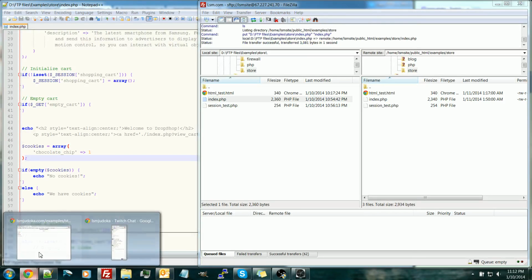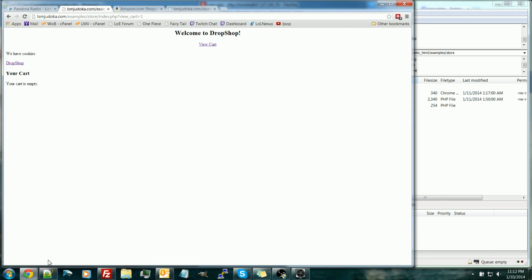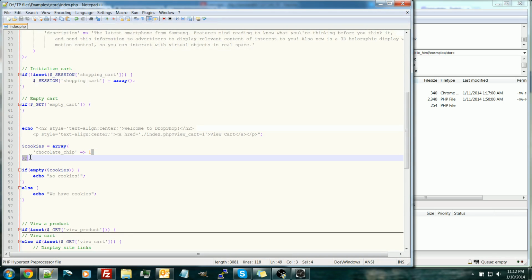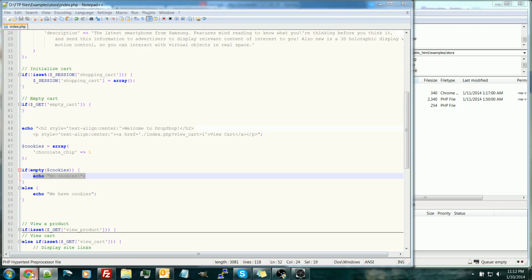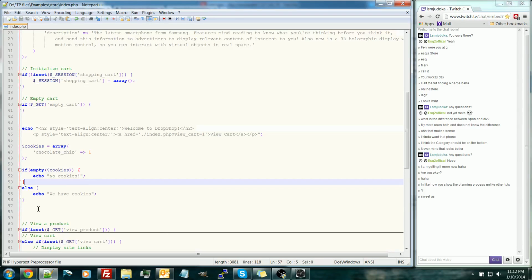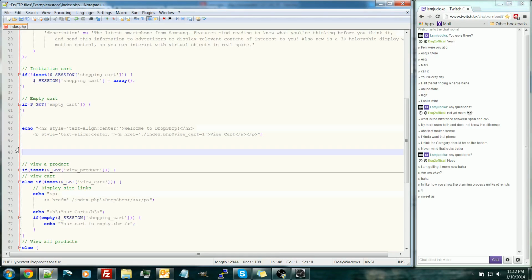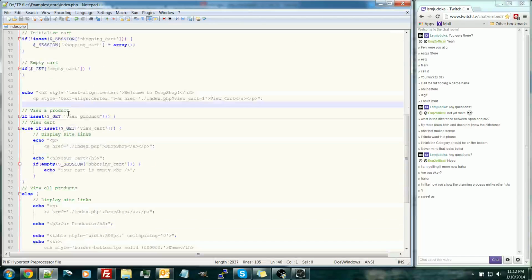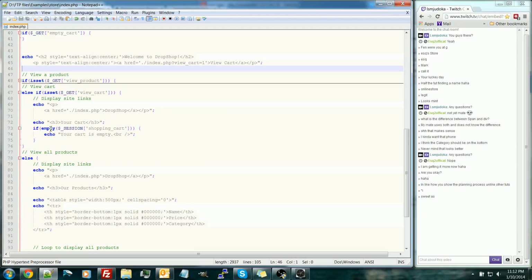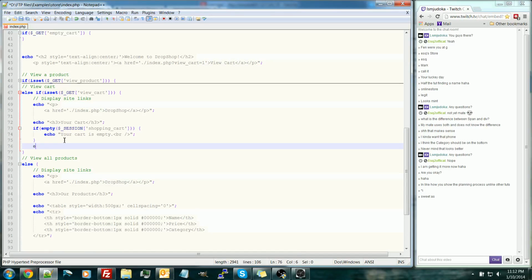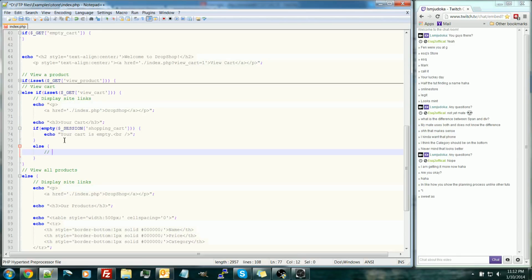So watch what happens now. We have cookies. Okay, so you see if there's any items inside the array, it will not evaluate to empty. Okay, so if it's empty, you'll say your cart is empty, else display products in cart. We're not going to add this code yet because we don't have anything to add the